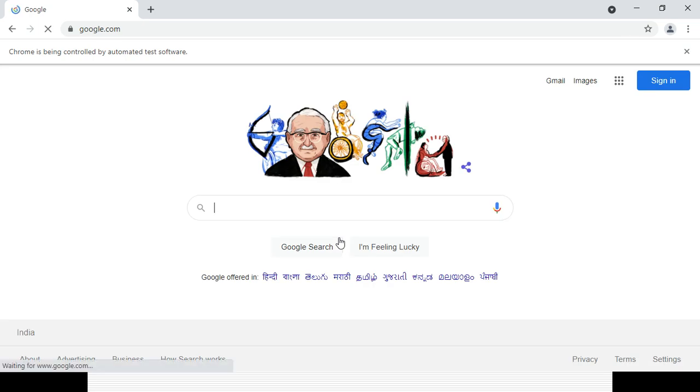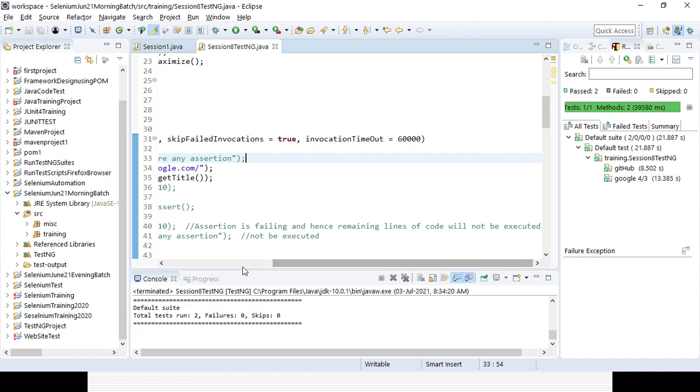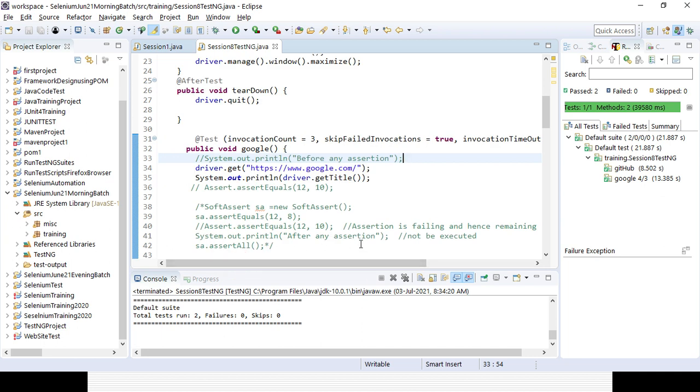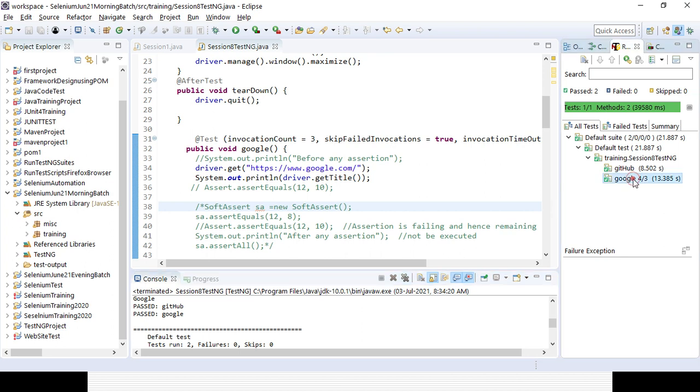So each iteration might take some time, right? Maybe 15 seconds, 20 seconds. So in case it's completing in 60 seconds, it is fine. Here you can see the total number of runs is 4, and every time it ran 4, because the test ran 3 times, and Google ran 3 times, so that is the reason it is fine.